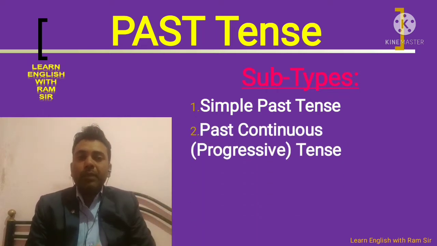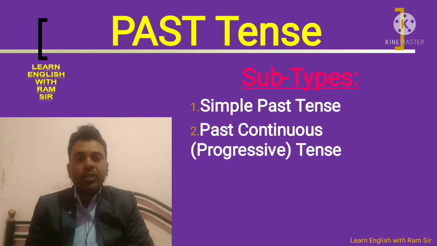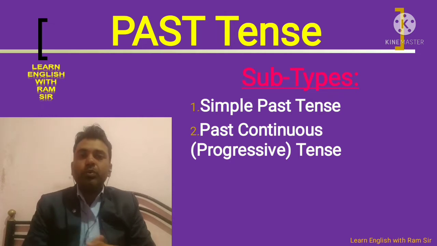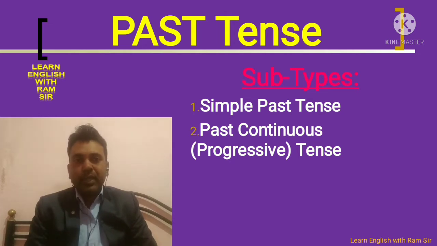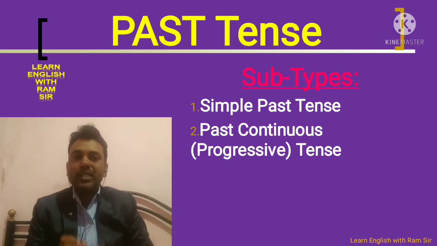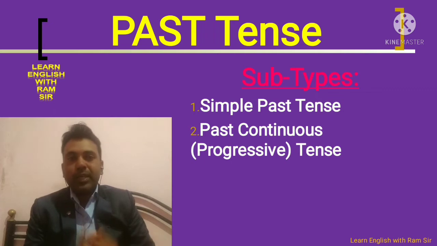Afterward, whenever we need to say that something is already past, but that particular situation is still going on, we need to use past continuous, that is past progressive tense, because here